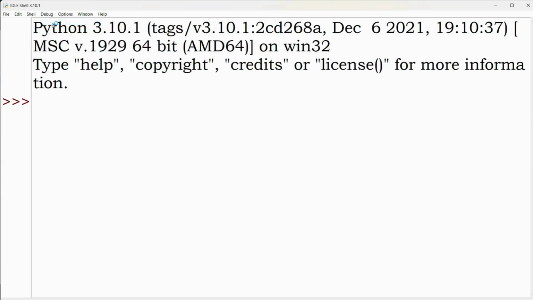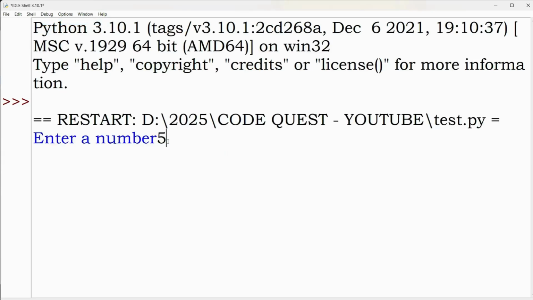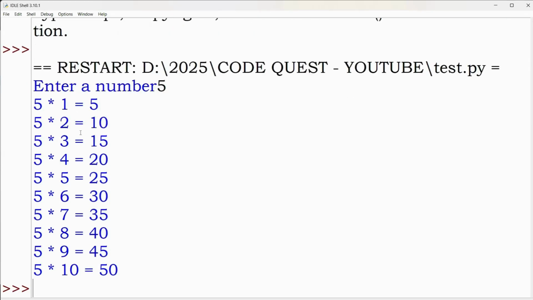Let's run the table. Suppose I'm asking for a number that is 5. So you can see we got this table of 5 up to